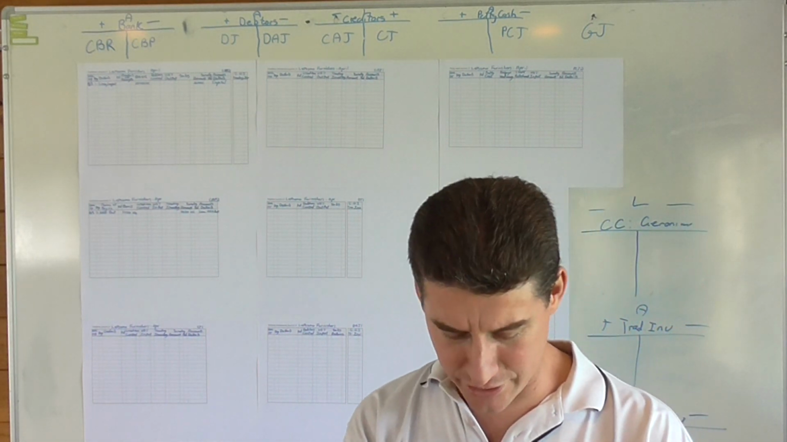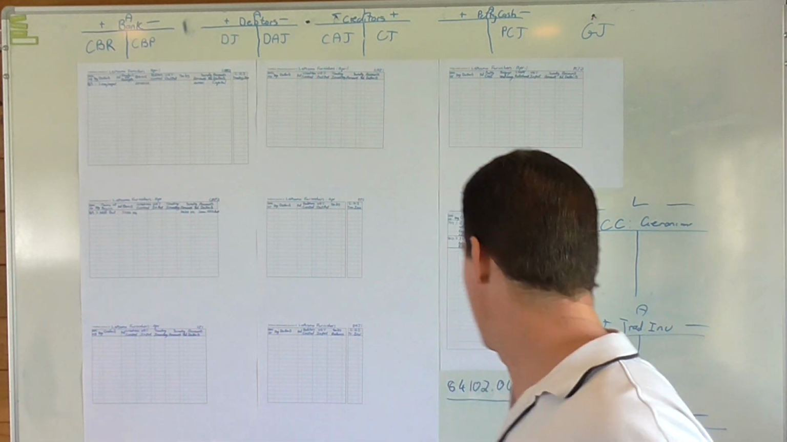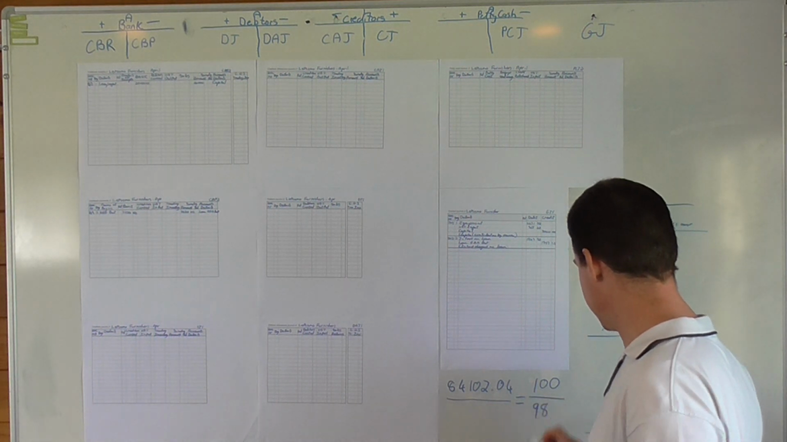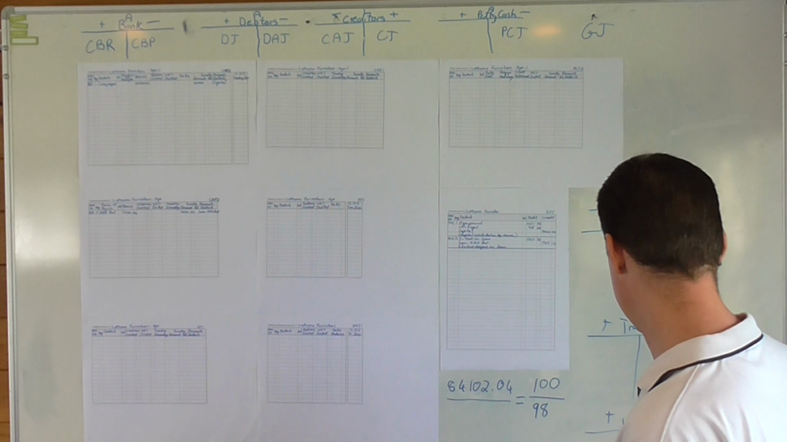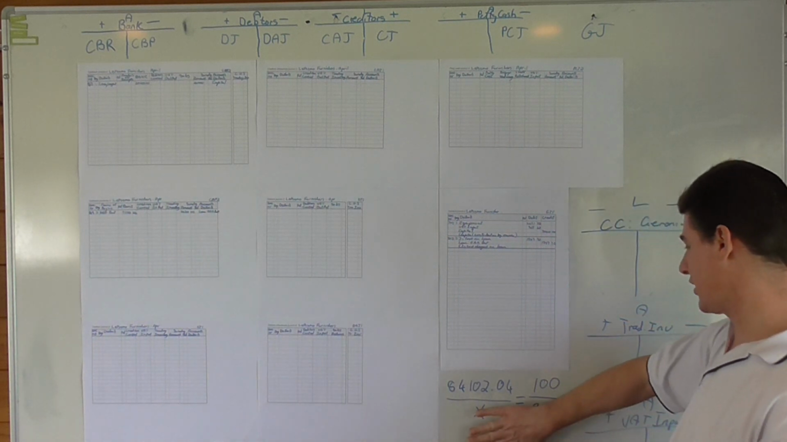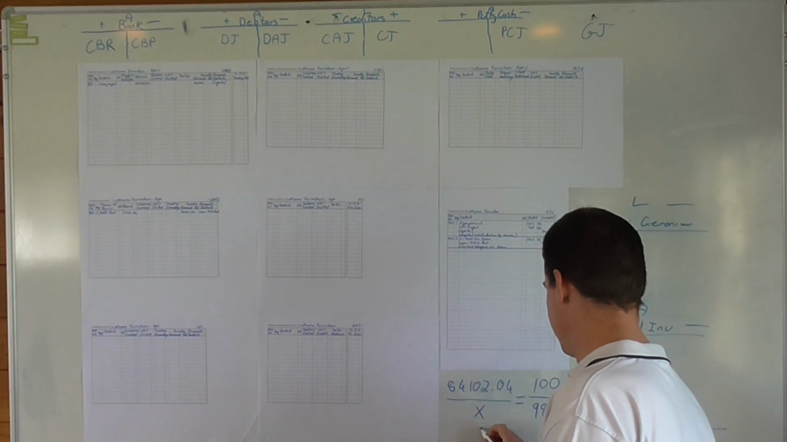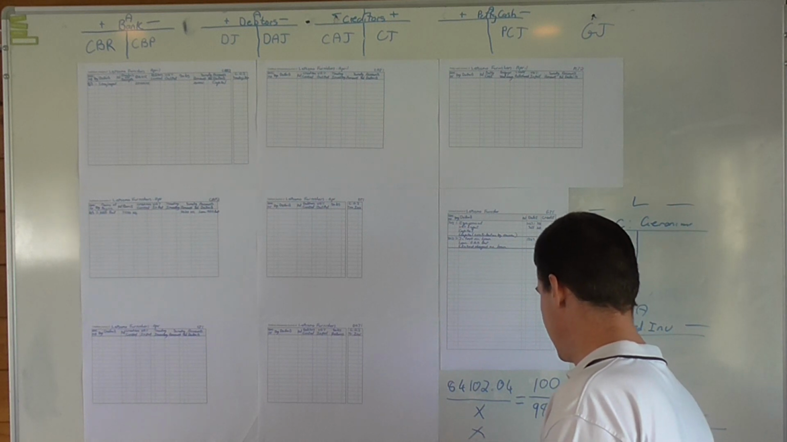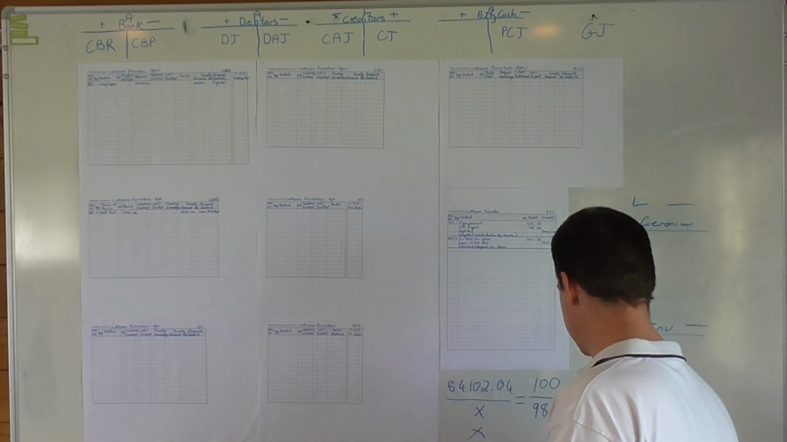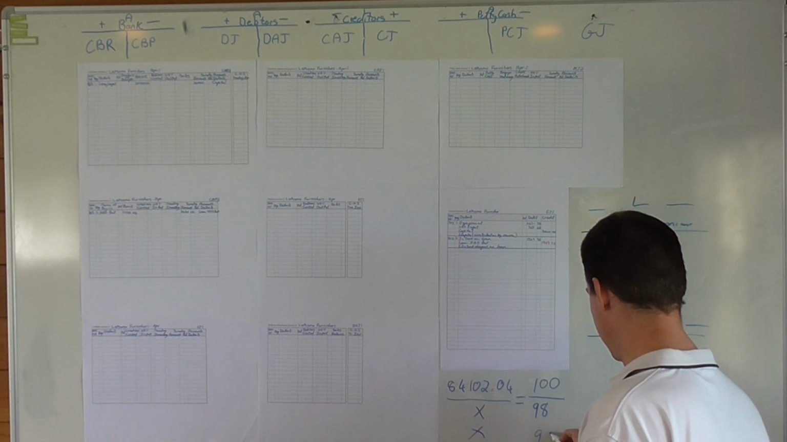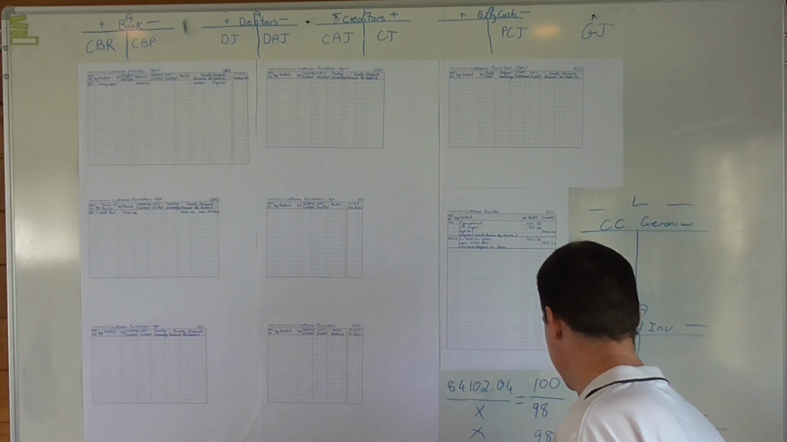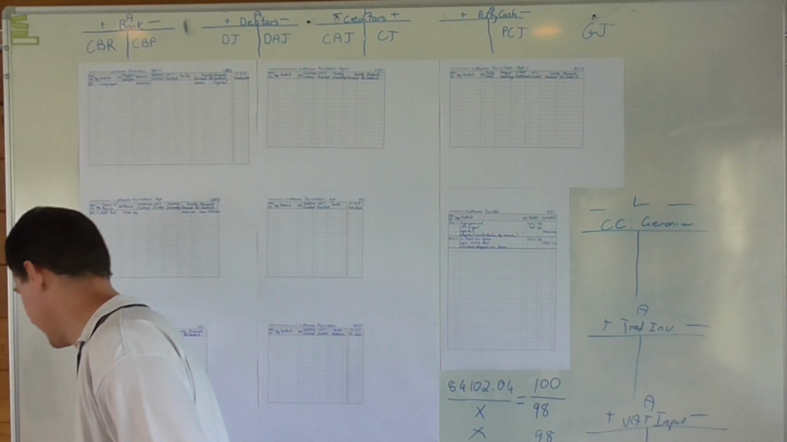But we are getting a 2% trade discount. So in other words, we only need to calculate 98% of that price. That will be X. Now to get the X on the top, we just flip it. So it will be X over 84102.04 equals, and now we flip the other side as well, 98 divided by 100. So then X will be, if you get your calculator out,